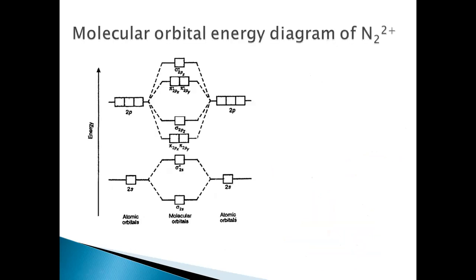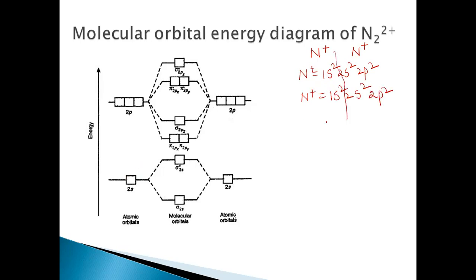Now, when we are writing for N2 2 plus here, how do you write for N2 2 plus? Now here N plus and N plus. Here the atomic number is again 14, so we'll follow the same order of filling up of the electrons as we have followed for N2 and N2 plus. Only thing is the electronic configuration, that means the number of electrons, will be less here. So there are 6 electrons, so 1s2, 2s2 and 2p2. This nitrogen plus also the same thing, so 1s2, 2s2 and 2p2.